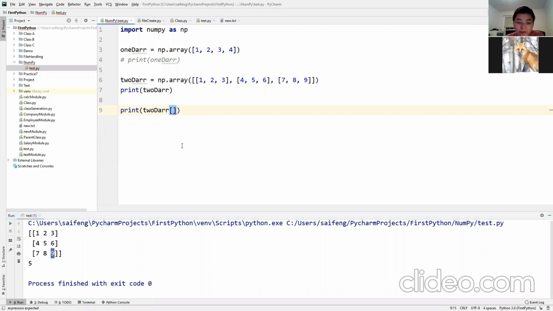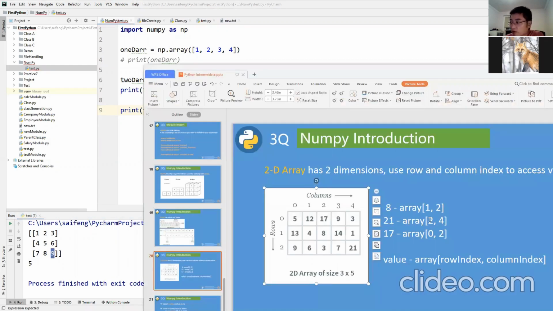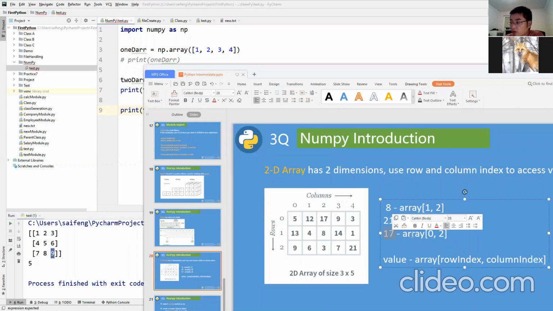Look at here. You should understand this. Look at the example. Yeah, you just answered me. If I wanted to go to 17, it means array 0, comma 2. Same thing here. It's a 2D array. I wanted to get the 9. What's the row index? First tell me, what's the row index for the third row? What's the index for the third row?